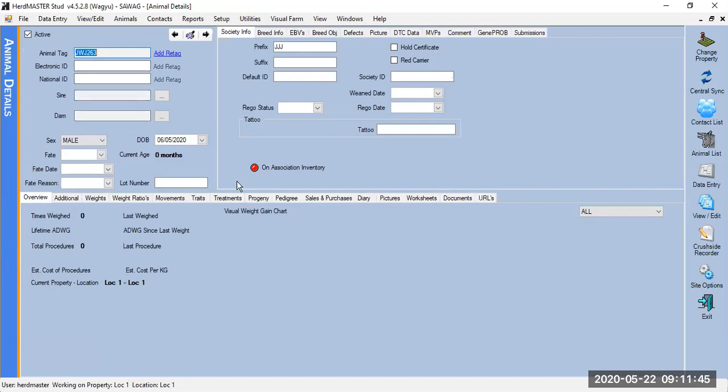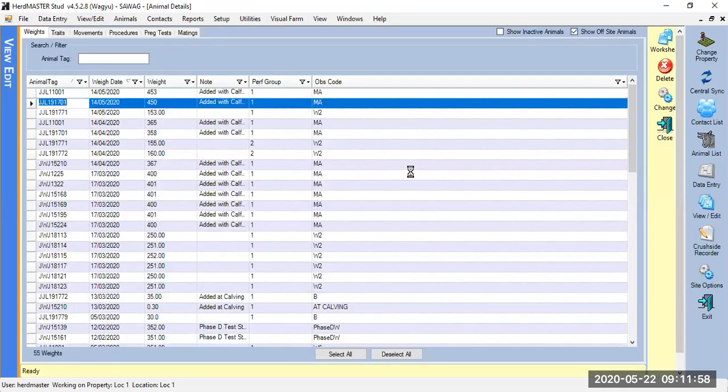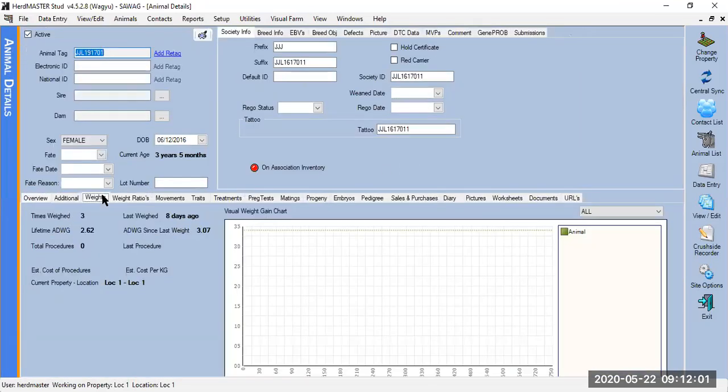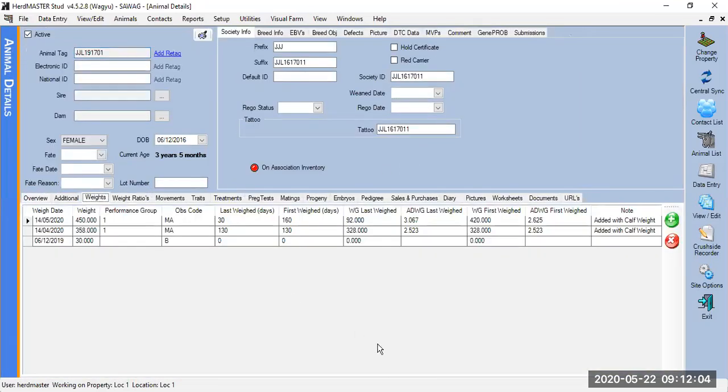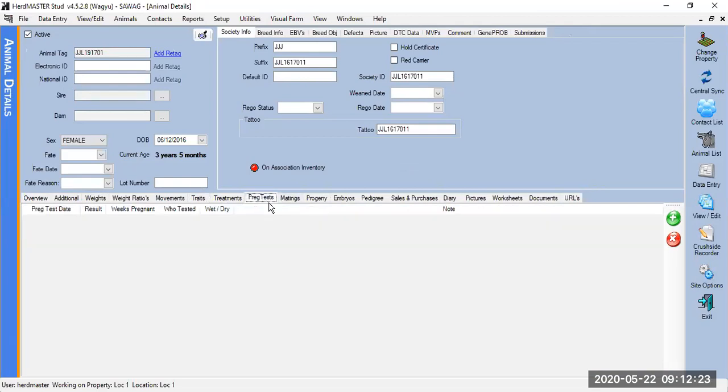In the middle row of tabs, if you click on, let's say, weights, all the weights that would have been recorded for this animal, you would see there. Just want to find you an animal that's got some weights. Let's take that one. There you'll see all the weights recorded for this animal. It will also show you when this animal was last weighed, as well as some other information. Traits would also be recorded. On this tab here, you would see we have a condition score and a calving is recorded, correct tests, if any,